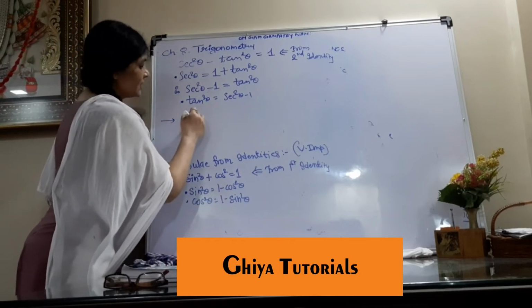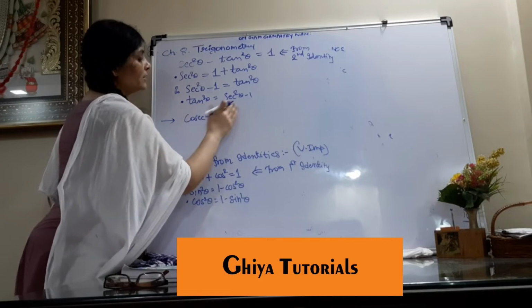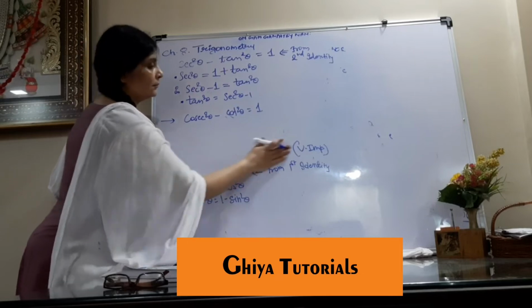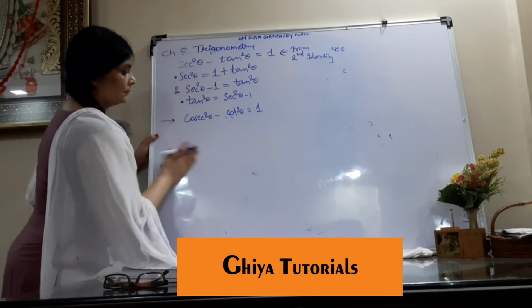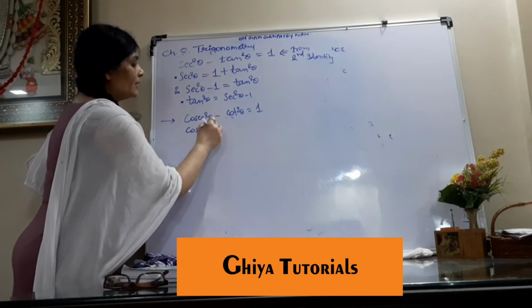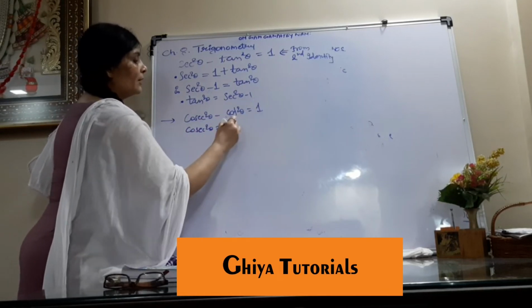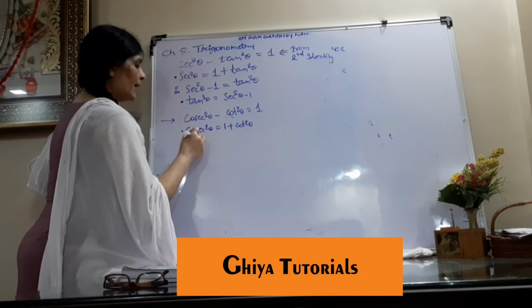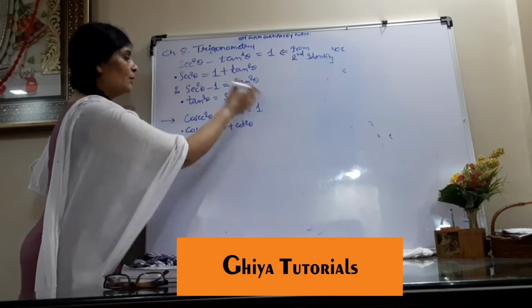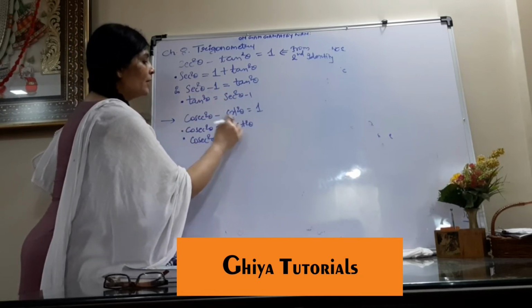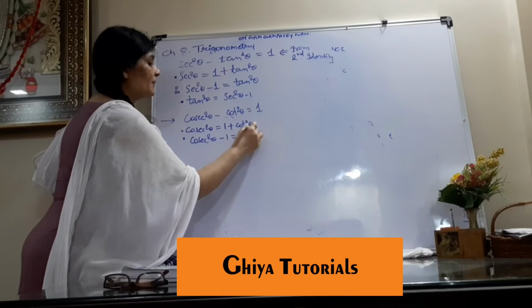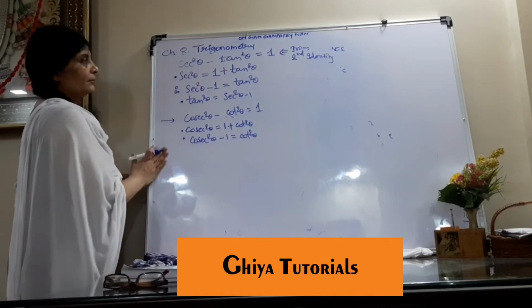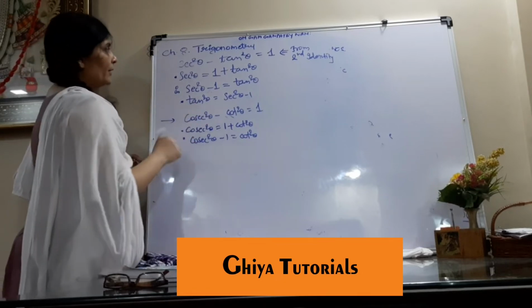It is cosec square theta minus cot square theta equals 1. Cosec square theta equals 1 plus cot square theta. So this is the first formula. And second, cosec square theta, 1 goes this side, minus 1 equals minus cot square theta, which becomes plus cot square theta. So again, we obtain two formulae from this identity.